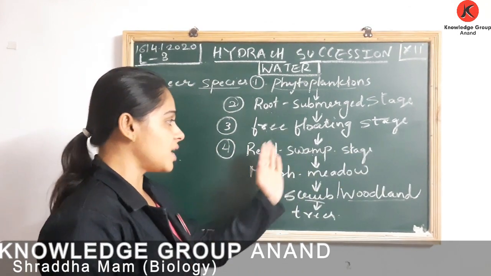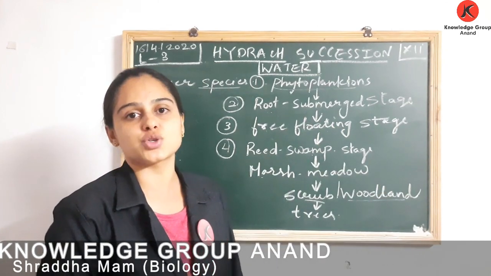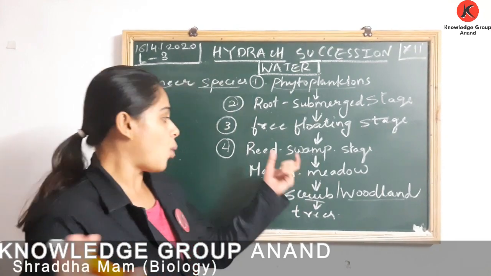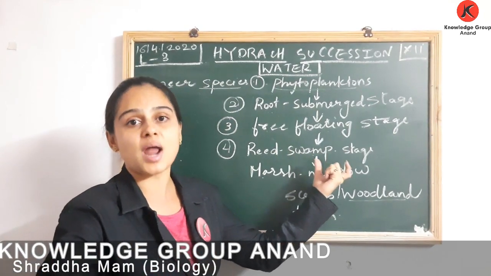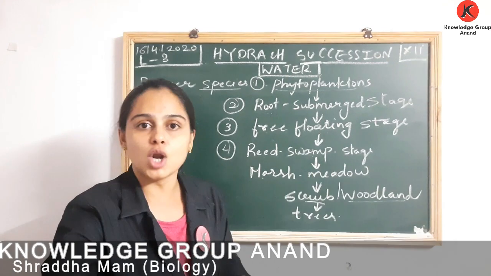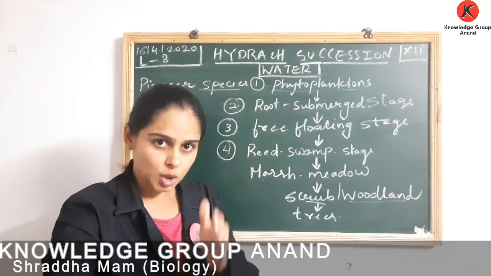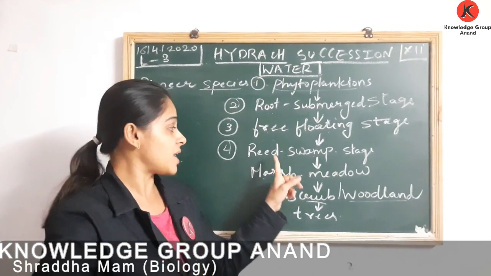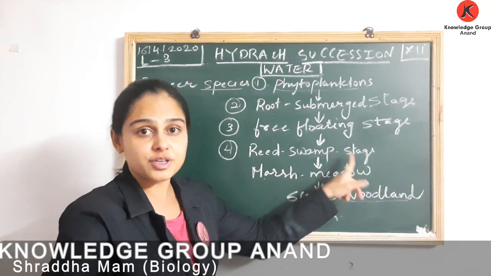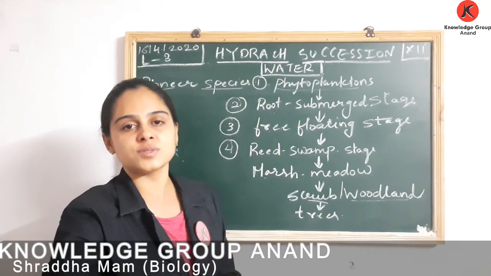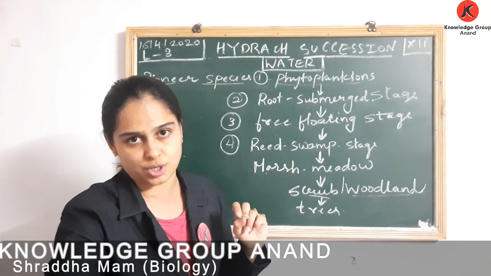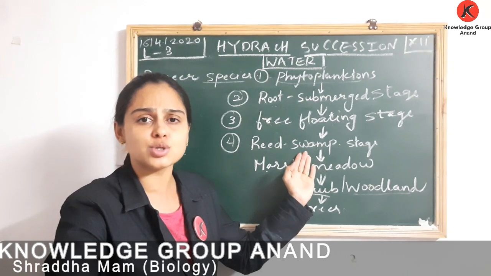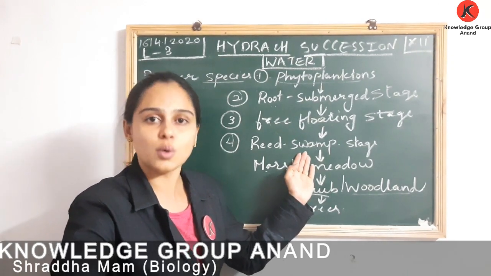Next comes your reed swamp stage. Okay, now this reed swamp stage is also called your amphibious stage. इसको क्या बोला जाता है? Amphibious stage. What happens in this stage? यहाँ पे जो plants होते हैं, they develop rhizomes. Okay, what are rhizomes? We know that they are root-like structures. So the plants which are present in the reed swamp stage, amphibious stage, have rhizomes and form dense vegetation. ये लोग क्या बनाते हैं? Dense vegetation. Okay, by this time there will be too little water.